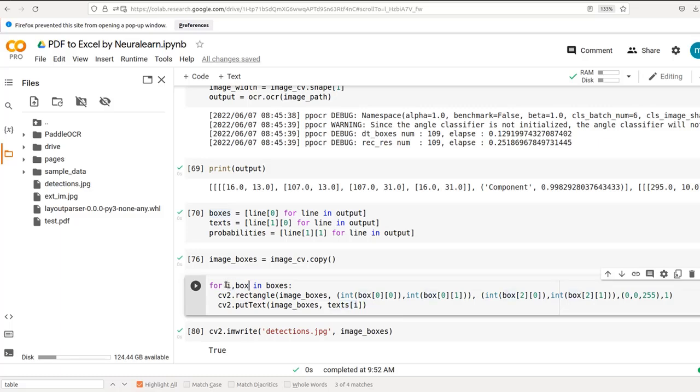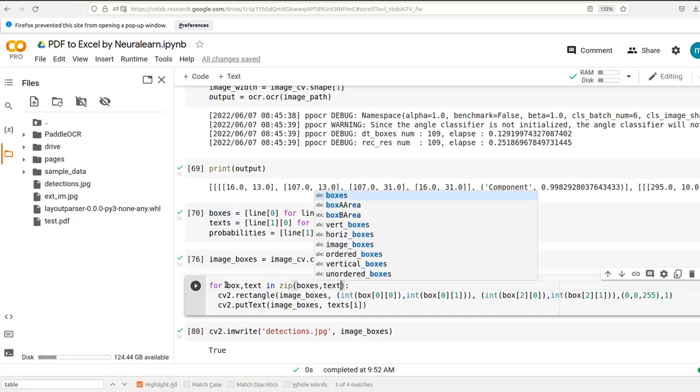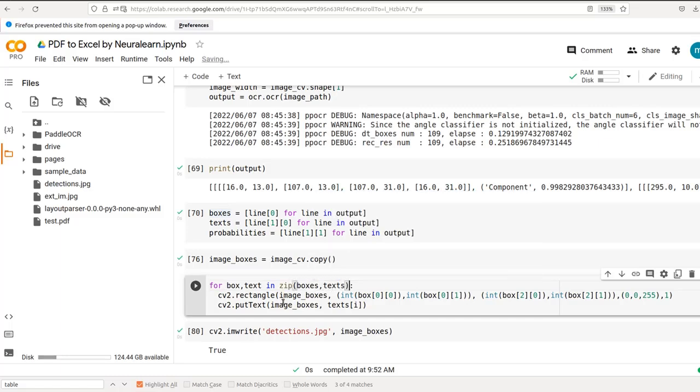So we enumerate. We could do box, and then we have text in box 6, or zip boxes texts, and that should be fine. So here we have each box and each text. So that'll be it. We get the box, we get the text, and then we now